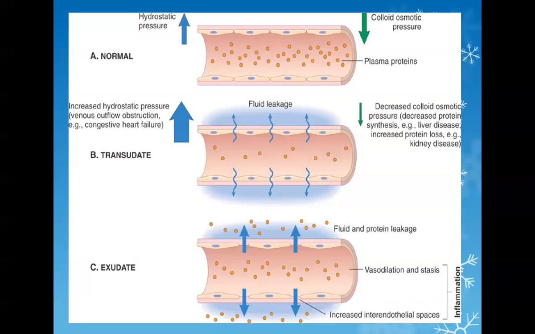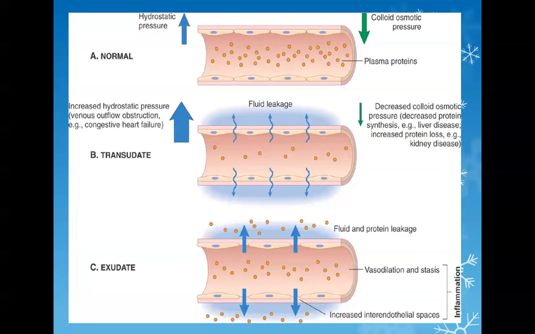Here, what happened? Instead of 1 ml, because of the increased hydrostatic pressure, 2 ml is going out. Although we have a normal protein, what will happen then? 1 ml will come back regularly as it comes. But what happened to the other 1 ml? It remains outside. So slowly and gradually that area becomes swollen. It is called edema. Okay.